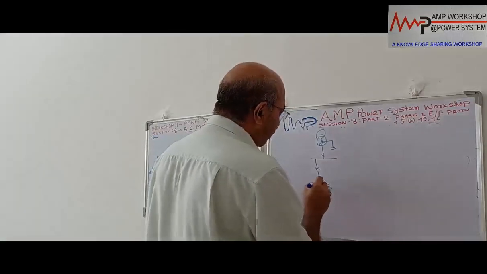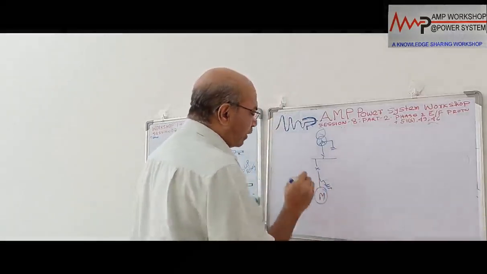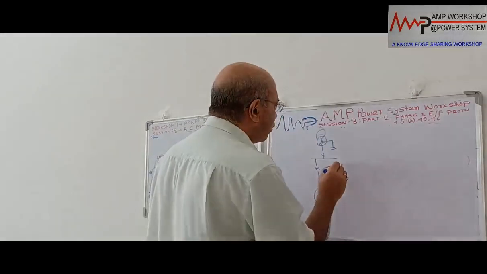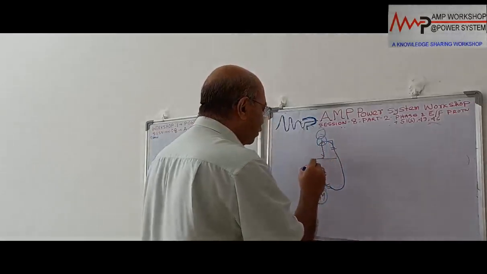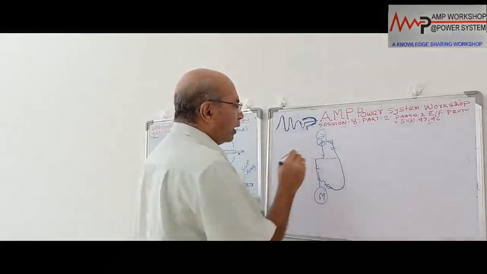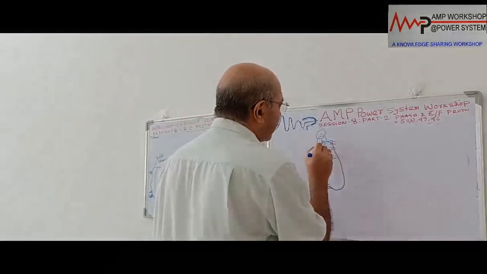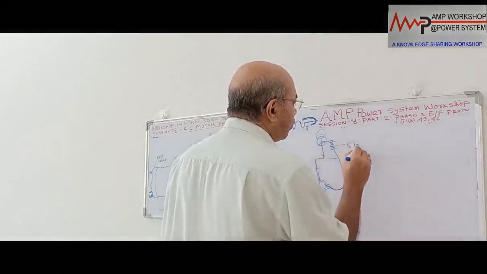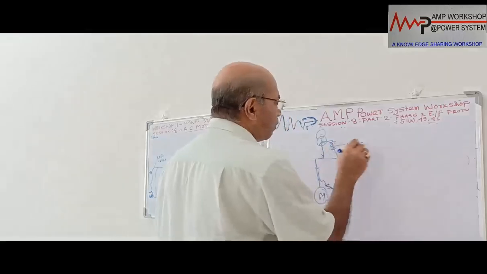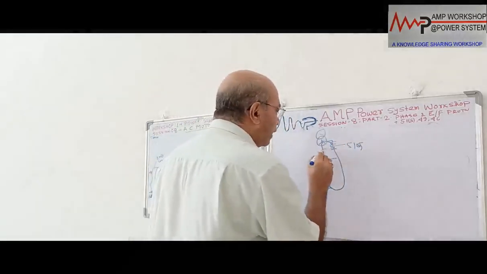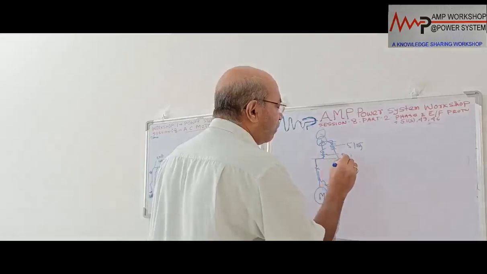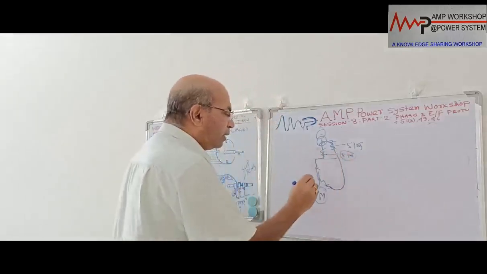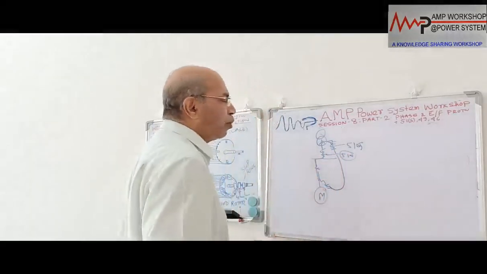Suppose there is an earth fault on the motor, inside the motor winding, immediately after the breaker. The earth fault current will go through this and flow through this. This will be the earth fault path. So in the neutral, this is a grounded neutral transformer. We have already seen that a 51N or 51G protection is there. In the incomer we have a 51N protection, and then this motor has to be provided protection.